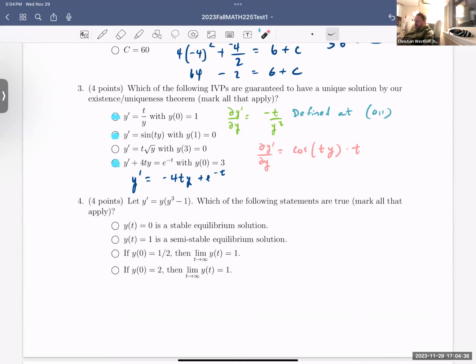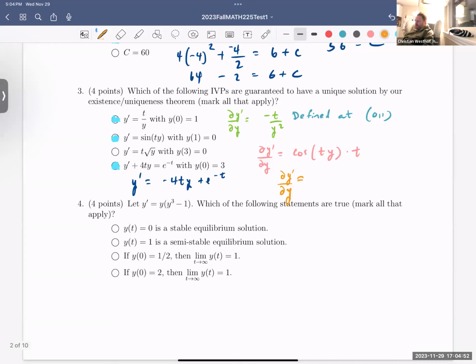Then the middle one, though, or the third one, if we take a partial derivative of t root y, we would have the partial derivative with respect to y of t root y, that's a t, and 1 over 2 root y for the derivative of root y. And look, so we're plugging in t being 3, that's okay right there. Y being 0 can't happen in a denominator, so we're not guaranteed to have a unique solution by the theorem